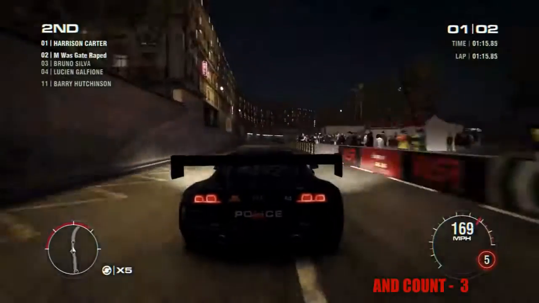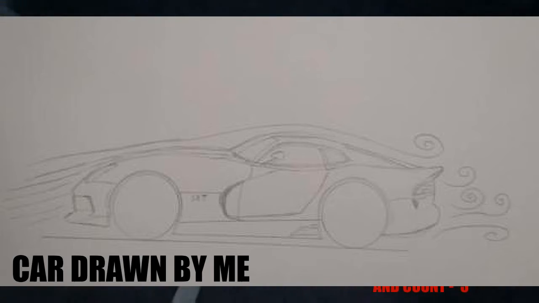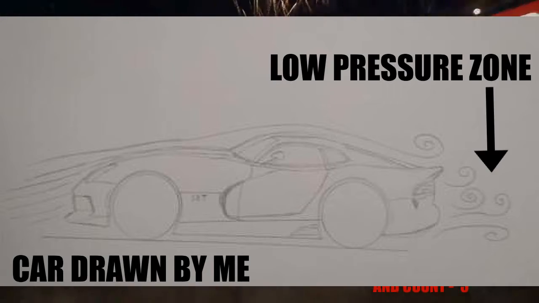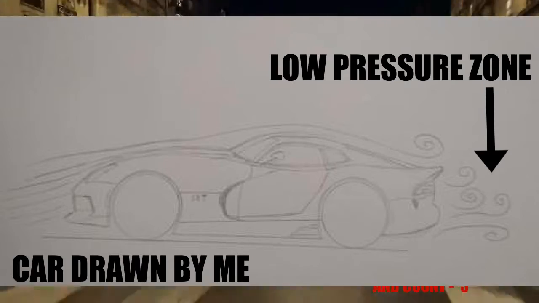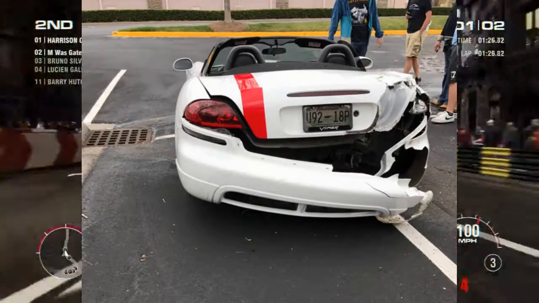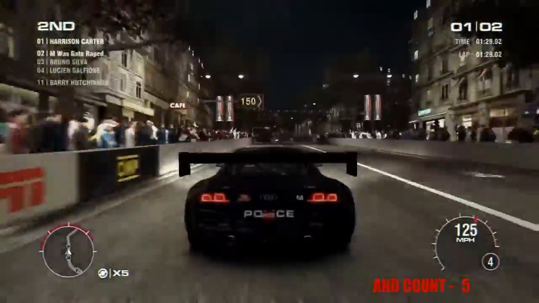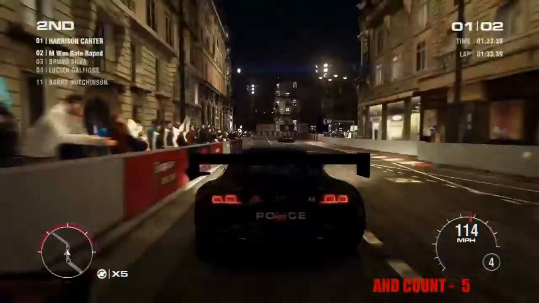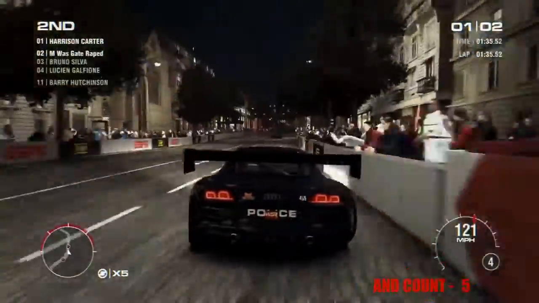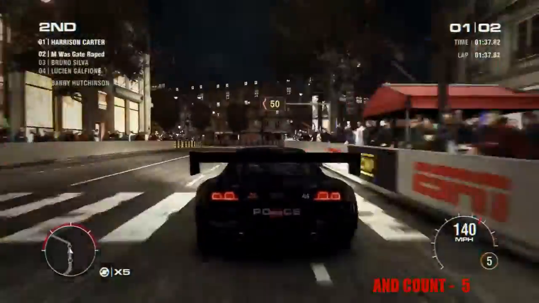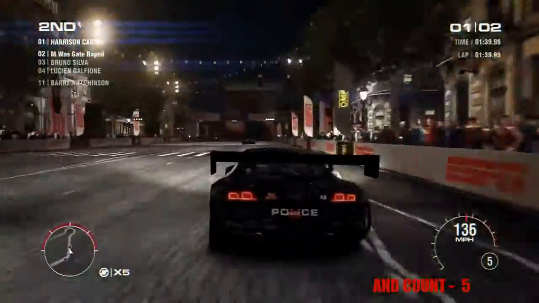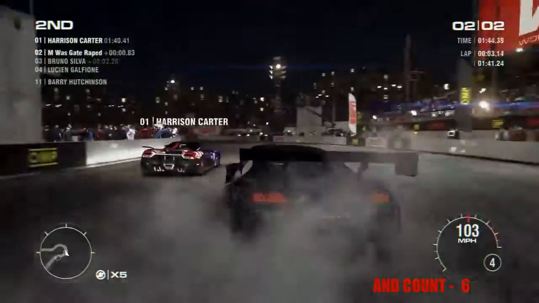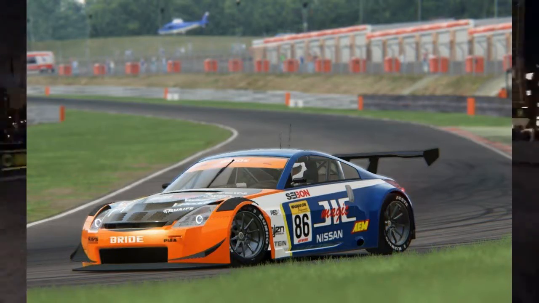Now, the science behind it is that while your car is moving at a high speed, it creates a high pressure zone in the front and a low pressure zone at the back, which tends to make the back tires spin out. And that can cause accidents, and this is where downforce is required. It is important to turn that low pressure zone into a high pressure zone so that it can grip the backside of the car. It is especially important in race cars because it pushes the car down at high speeds and helps the race cars grip and corner well at sharp turns.